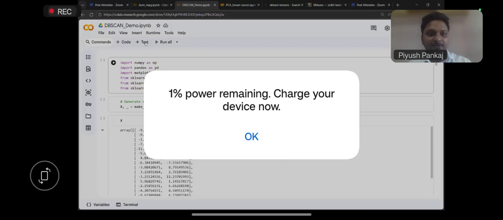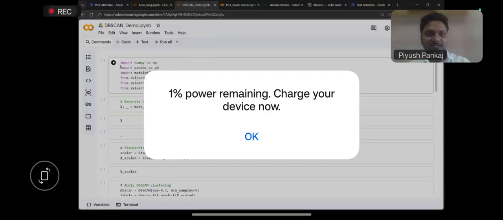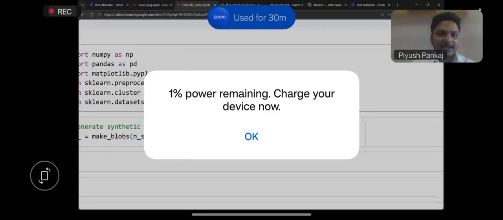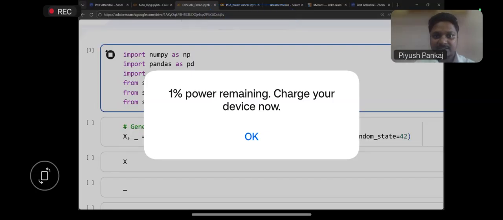Let me clear all the output so that we can start from scratch. Here we are going to import all the important libraries: NumPy, Pandas, and Matplotlib to plot. From scikit-learn preprocessing, we are using StandardScaler. Then from sklearn.cluster, we are using DBSCAN, and one more thing, make_blobs. So make_blobs is basically used to create random data points